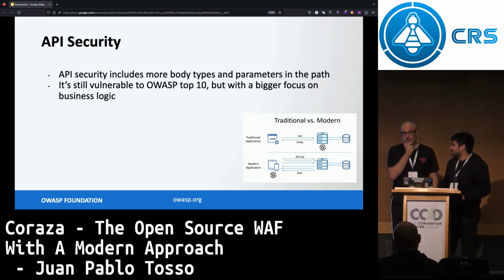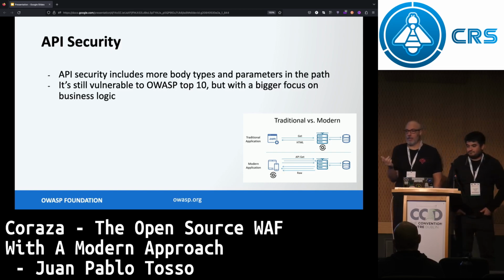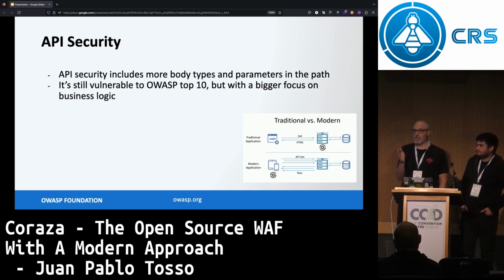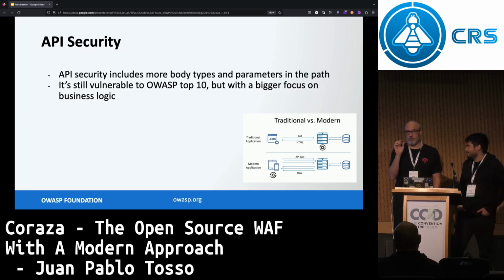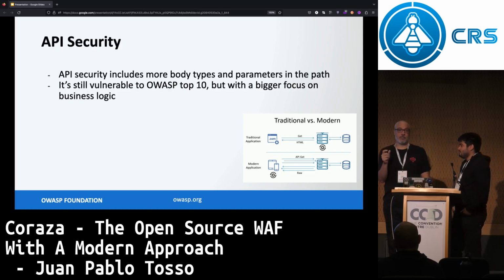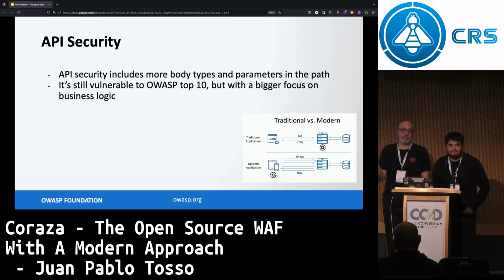And the other thing with API security is, for example, that CRS is a generic thing, so it will act mostly on anything that is web. But APIs are sometimes very focused on small things, and most of them are JSON-based. Some of the rules you have in CRS are XML-based, and you are checking a lot of things that you might not need.